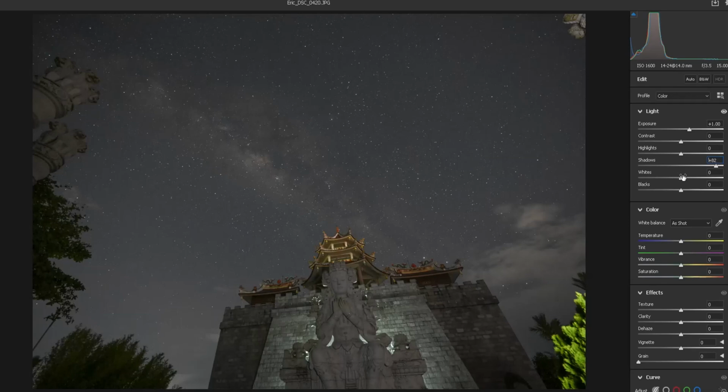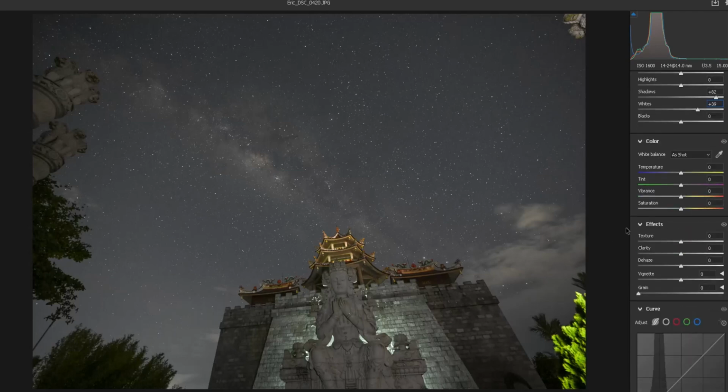Another thing which I sometimes do is to increase the white point to generally brighten up the overall picture a bit. Move the white point to the right a little bit. 30 to 40 is quite a usual figure. We'll not do any more in this panel, but move down to the next one, which is color. Again, we don't do much in this panel, but in the effects below, we're going to use